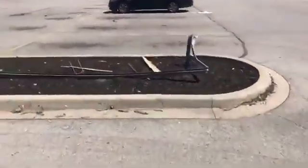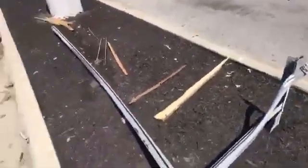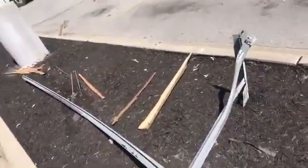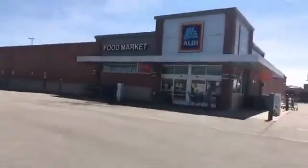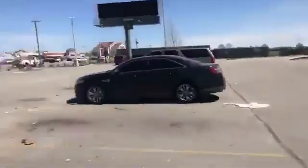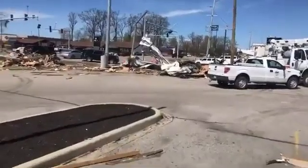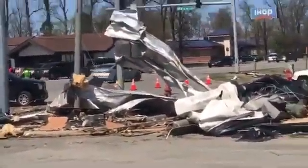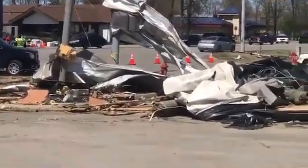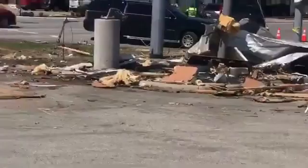I mean, look at this. Snapped. Completely snapped. So look how this metal is wrapped around that pole. This is all just completely